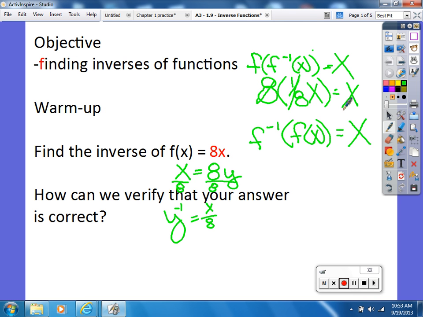How'd we do? Good? So you take the f function. What's the f function? 8x, right here, right? F function. And I plug it into the inverse function. What's the inverse function? Okay, so instead of x over 8, I'm going to write 8x over, which equals,